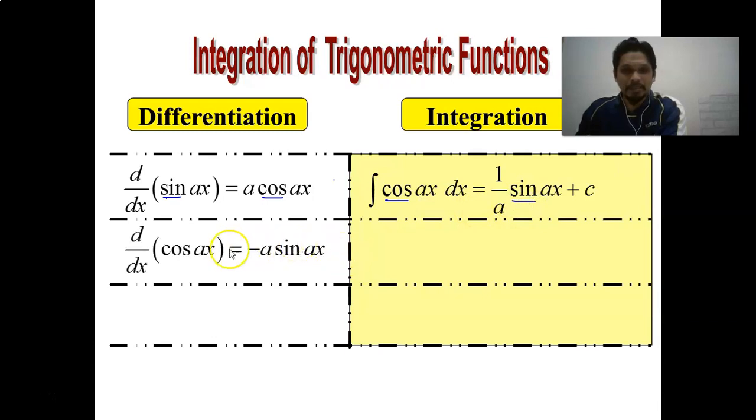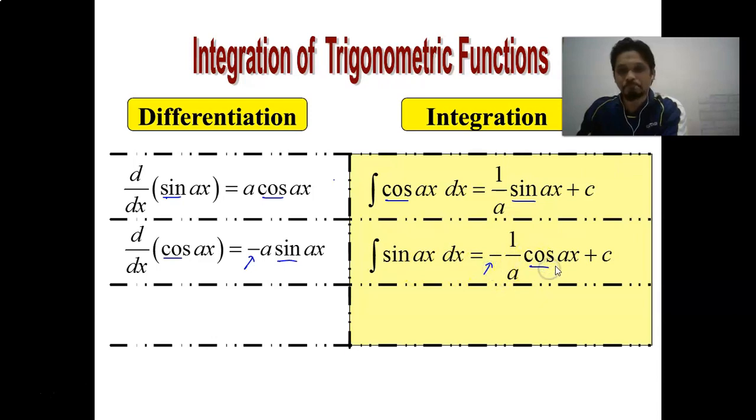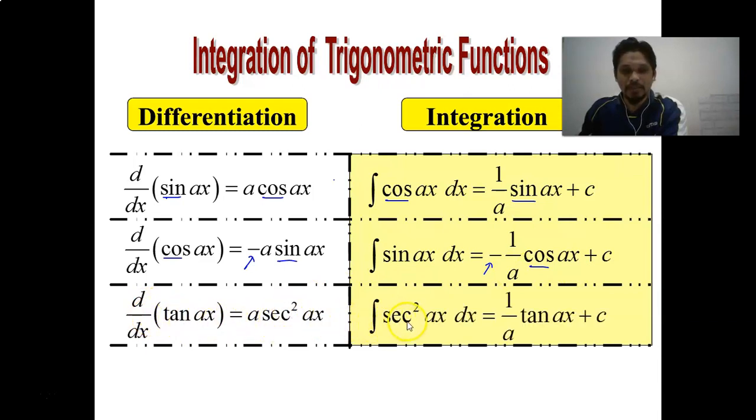The differentiate of cos of ax equals negative sine, and the integral of sine ax equals negative cos. The differentiate of tangent equals secant squared, so the integral of secant squared